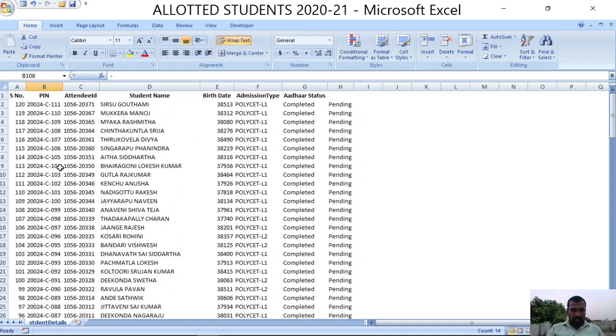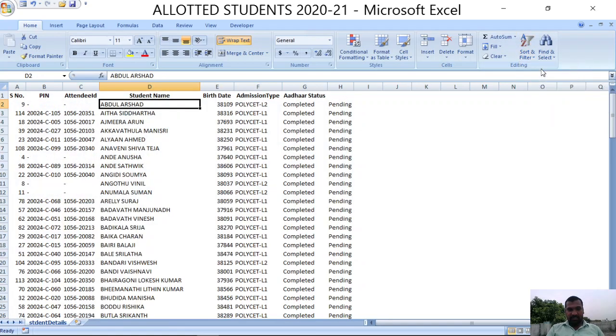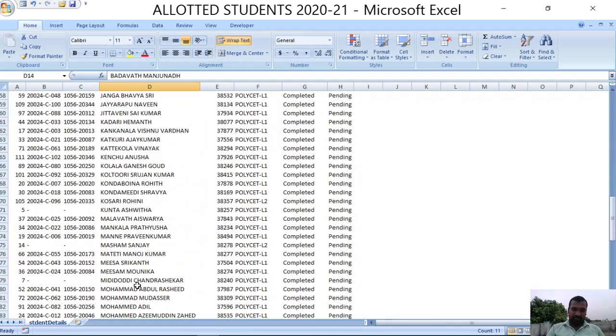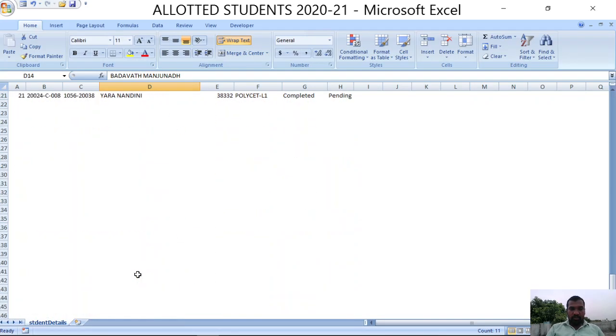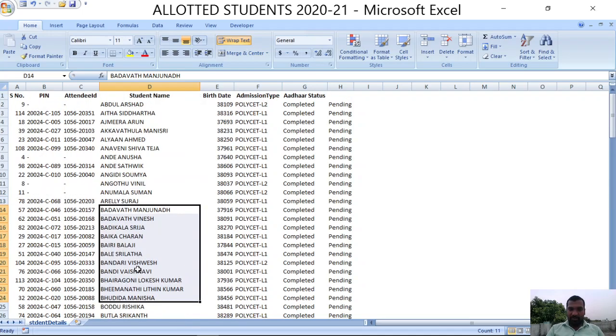Now I want to apply sorting operation based on student name. Sort A to Z. So what happened? All the names which begin with A are displayed first, then B, then C, and so on, irrespective of whether they have pin numbers or not.